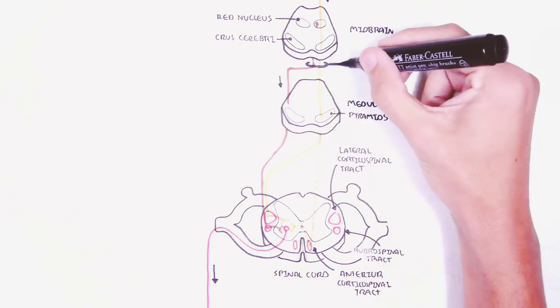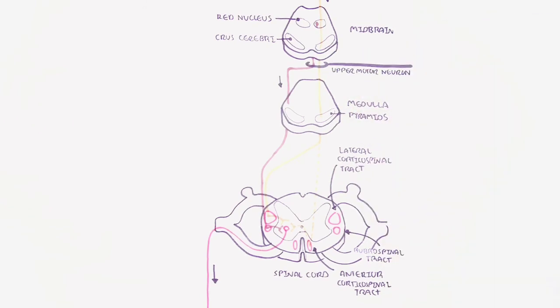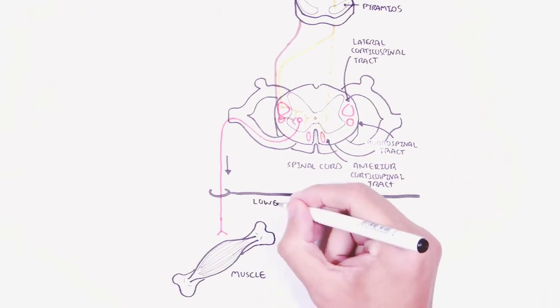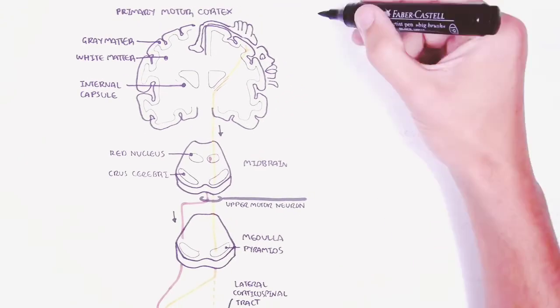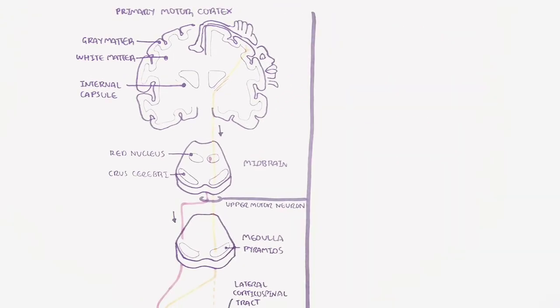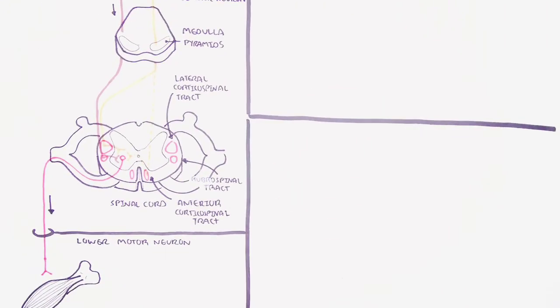Now, in summary, the upper motor neuron transmits information from the brain to the spinal cord or the brainstem. Lower motor neurons transmit information from the brainstem or spinal cord to the skeletal muscles. Clinical findings on examination can indicate whether a motor disorder is due to an upper or a lower motor neuron lesion. However,